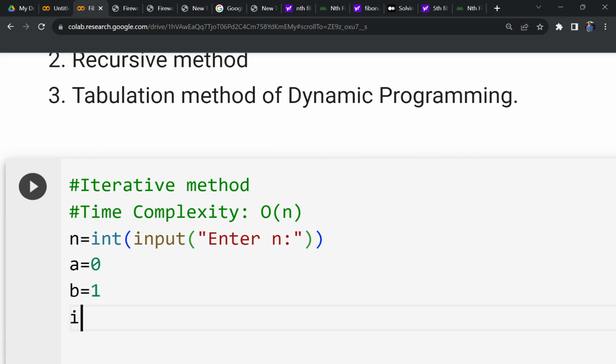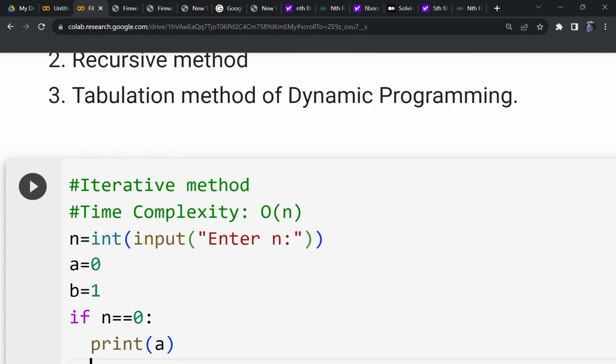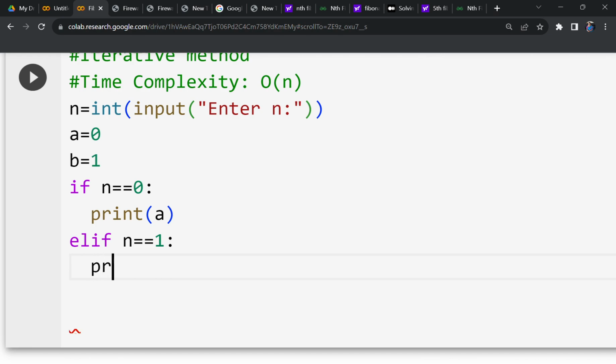If n equal to 0, the 0th Fibonacci number will be 0, print a. Else, if n equal to 1, print b. The first Fibonacci number is 1. Else,